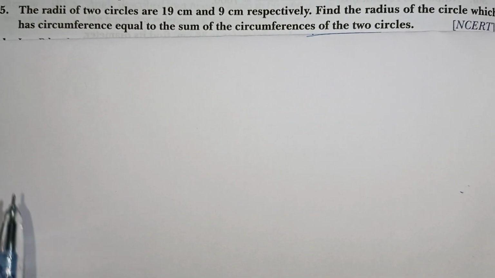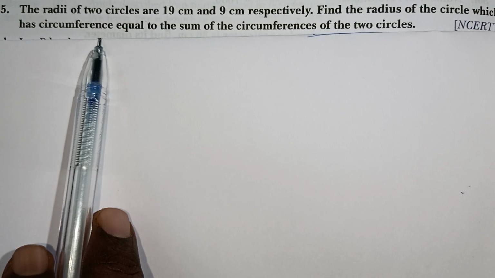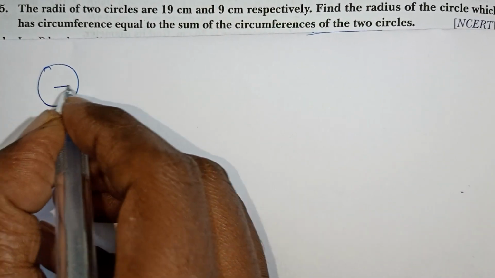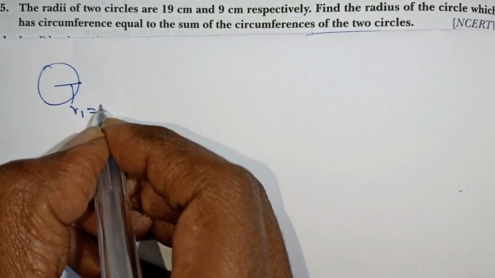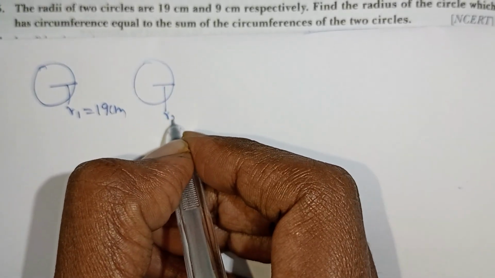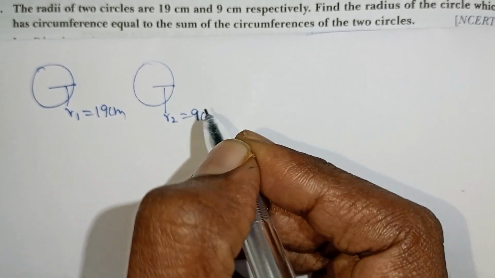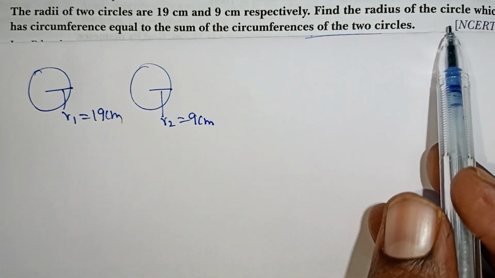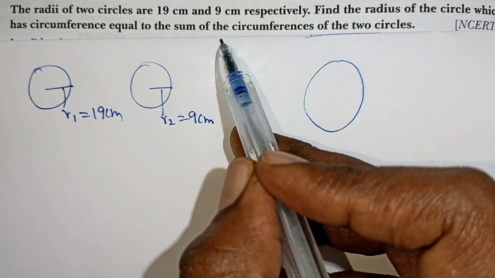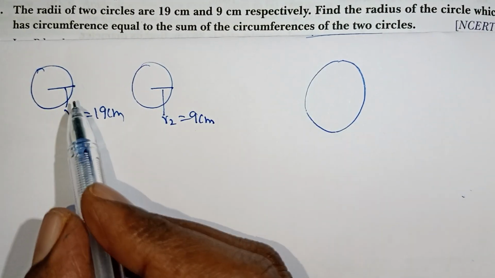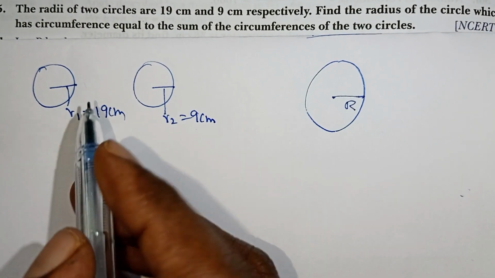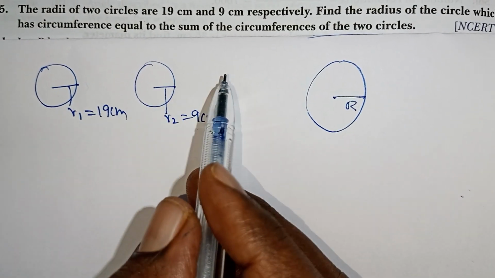Look at the next question. The radii of two circles are 19 and 9 respectively. Again, for the circles, one radius 19 is given and the other circle of radius 9 is given. So R2 is 9 centimeter, we can take it. Find the radius of the circle which has circumference equal to the sum of the circumferences of the two circles. The circumference of the big circle will be equal to the sum of the circumferences of these two circles, that is given in